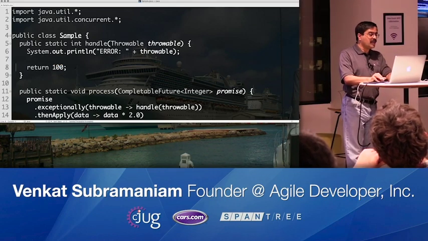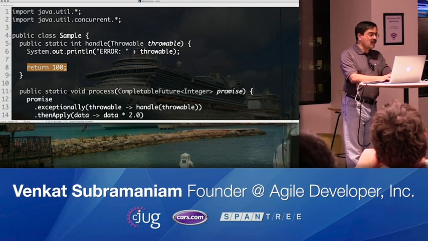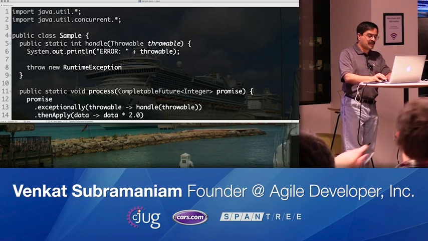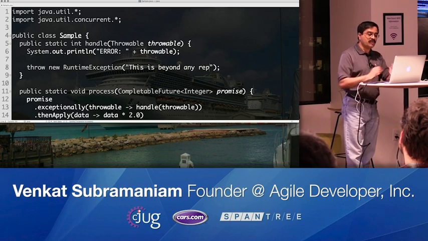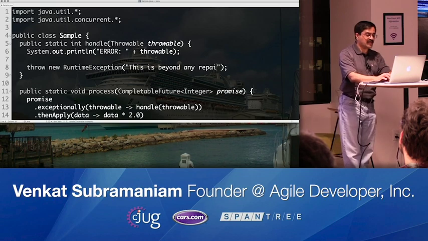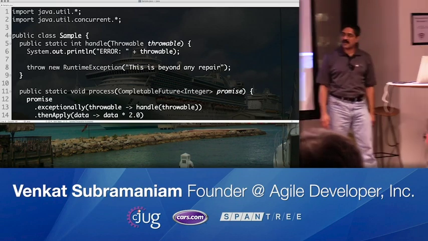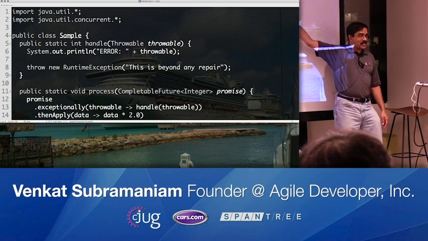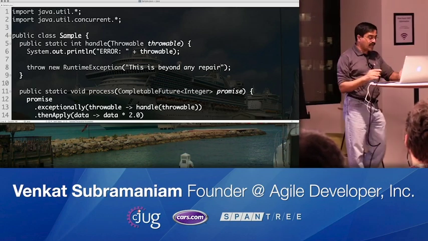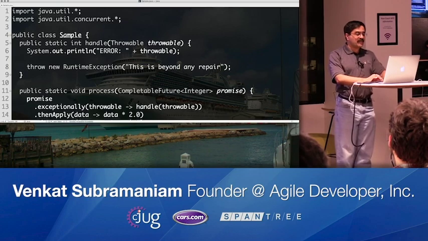Alternatively, what you could do here is to say, throw new RuntimeException, and you could say, this is beyond any repair, right? So you could simply say at this point, sorry, this is too broken, I can't do anything. The return type is still int, but you blow up at this point with another exception. What's going to happen now?